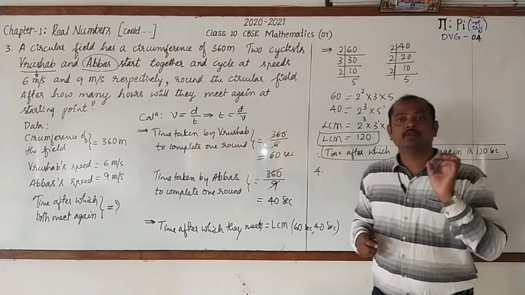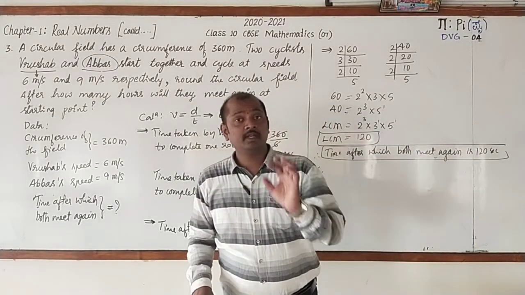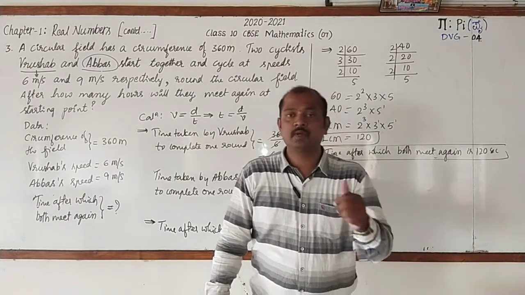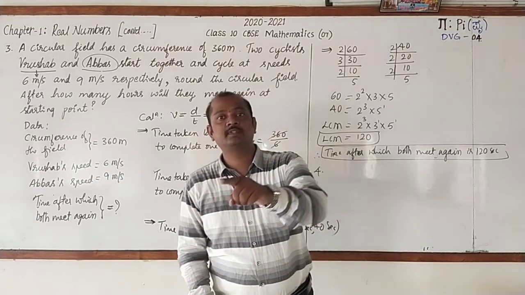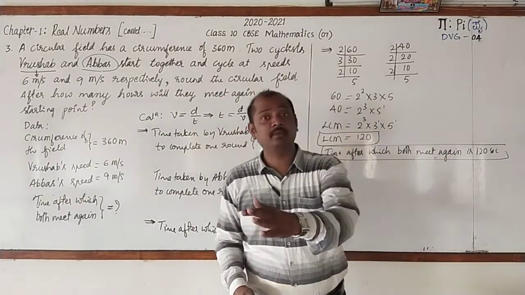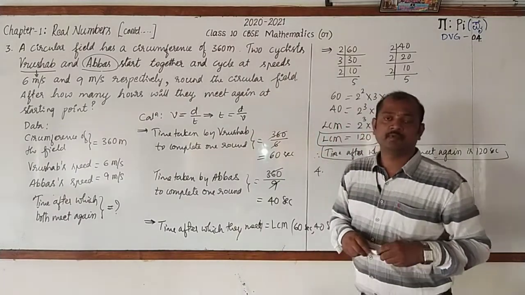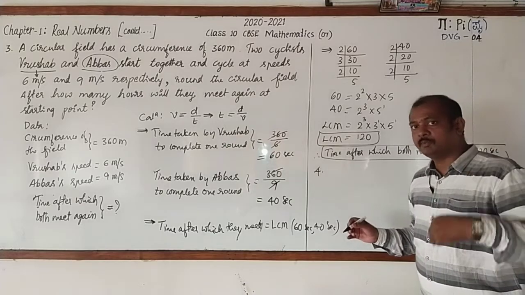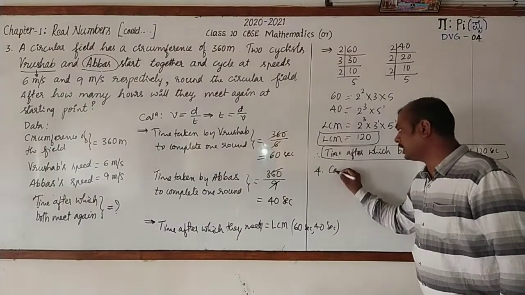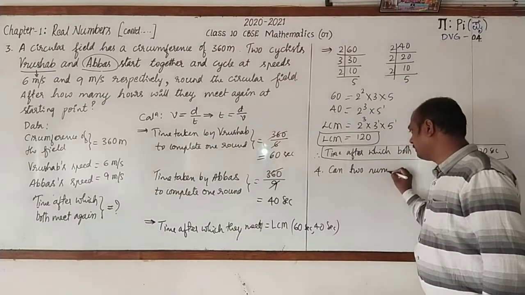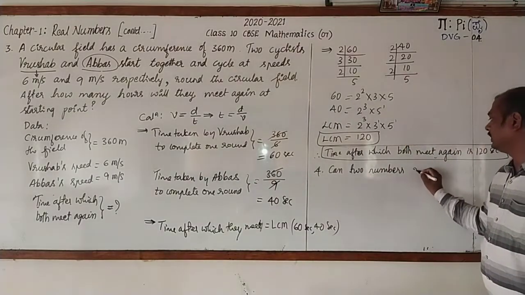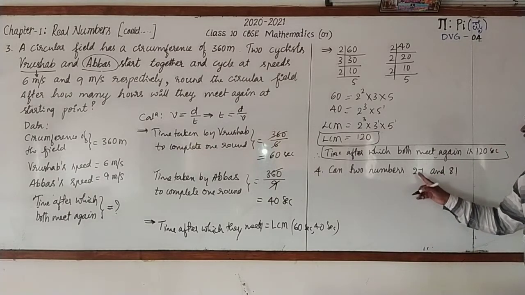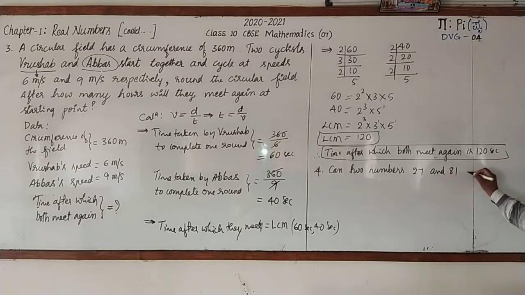Dear students, you all know that there is a relationship between the HCF and LCM of the given 2 positive integers. What is that relationship? Yes, HCF is a factor of LCM or LCM is a multiple of HCF. Right? Now the question was asked like this. Just I am remembering it. Now I am going to write the same. Can 2 numbers, one is 27 and another one is 81,